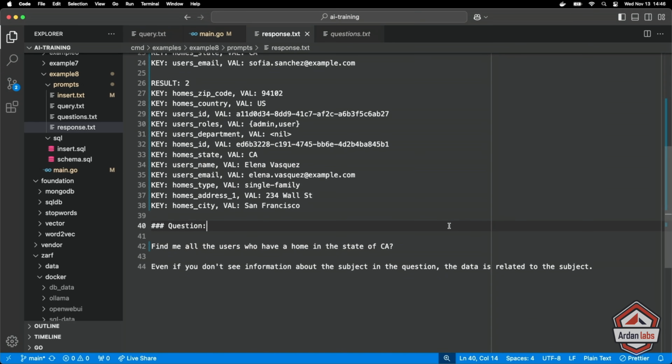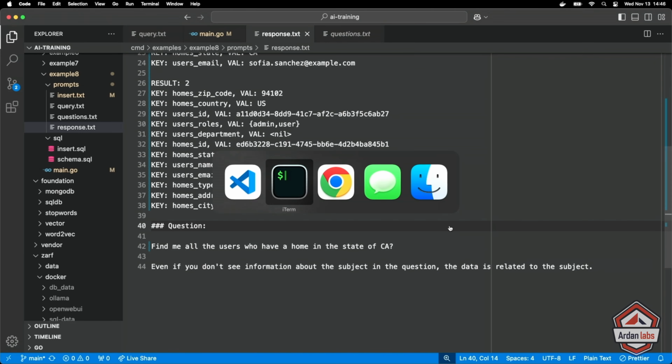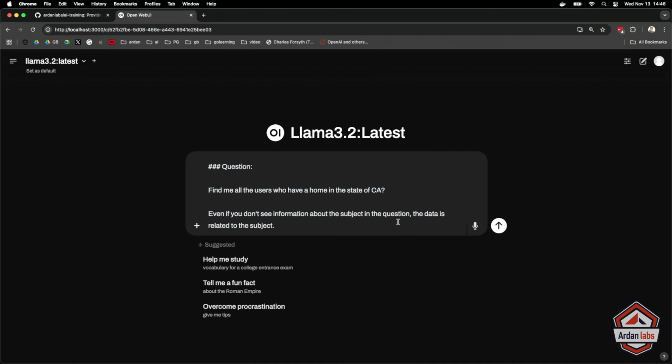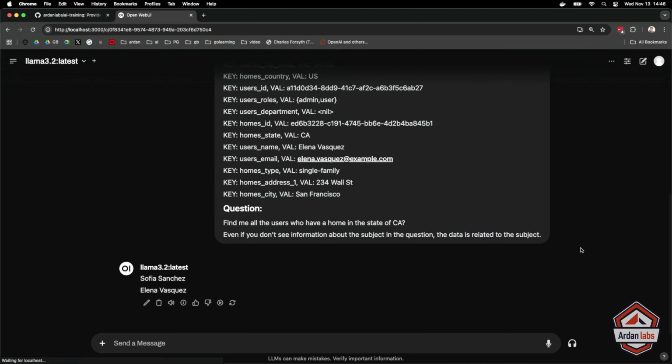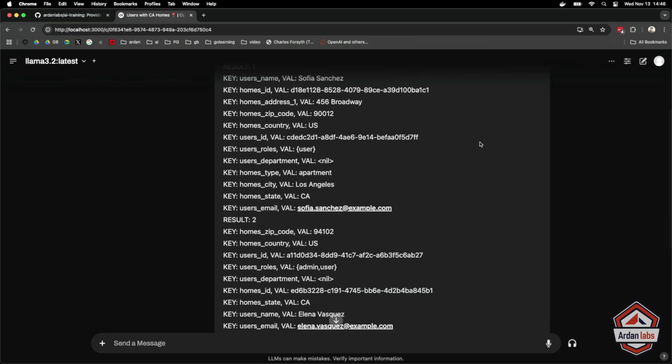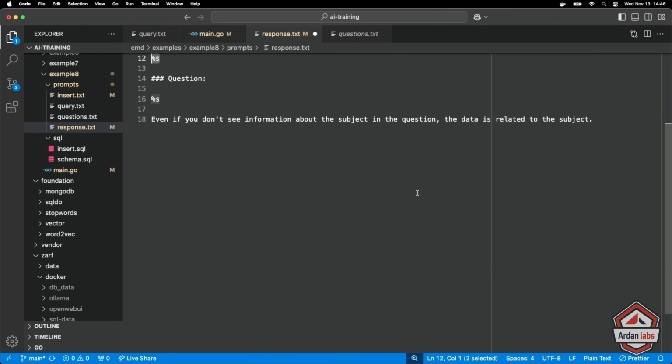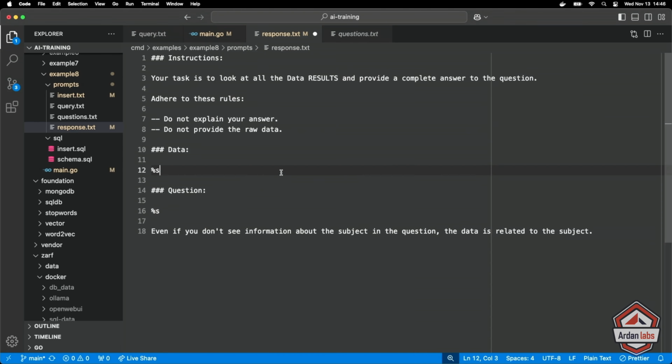But now that I have this, let's go back to our chat app here, put it in there. And you could see that the LLM was able to pull out just Sophia and Elena's names off of this data set. Pretty cool, right? Okay, let's put this prompt back the way it was. And let's bring this last piece back into Go